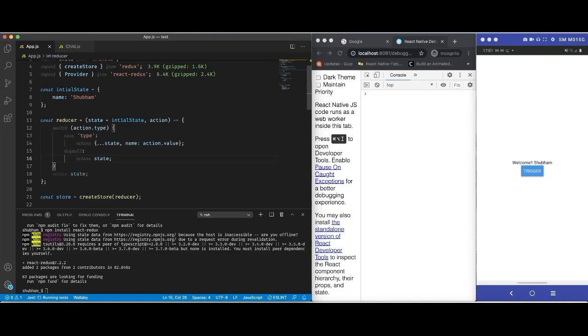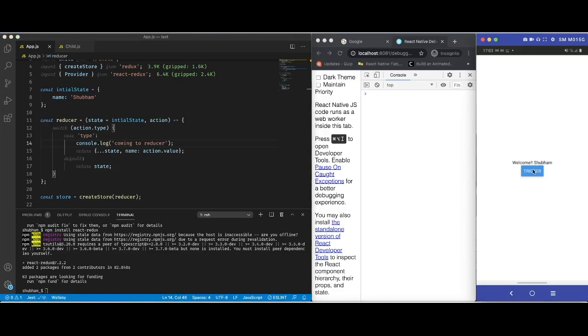As a default case for the switch statement, we can pass state as it is, and we can safely remove this return statement that we have added in the previous sections. So our reducer function is ready, and when we trigger this function of the button, we will see a log inside the reducer. We will put a log as well, so that we can check whether our call is coming or not. Let us trigger the button and we should see this log inside the reducer.